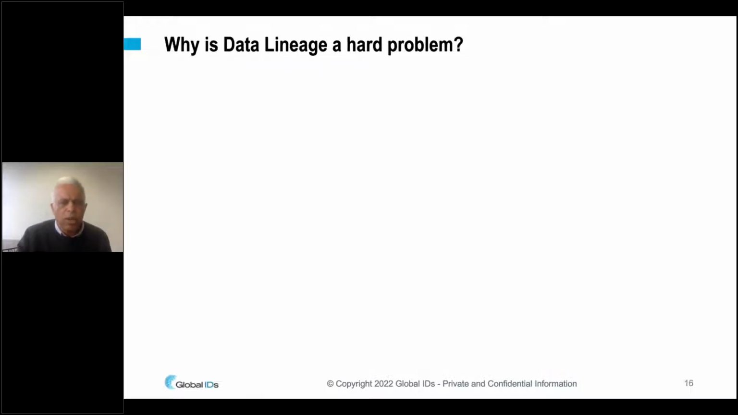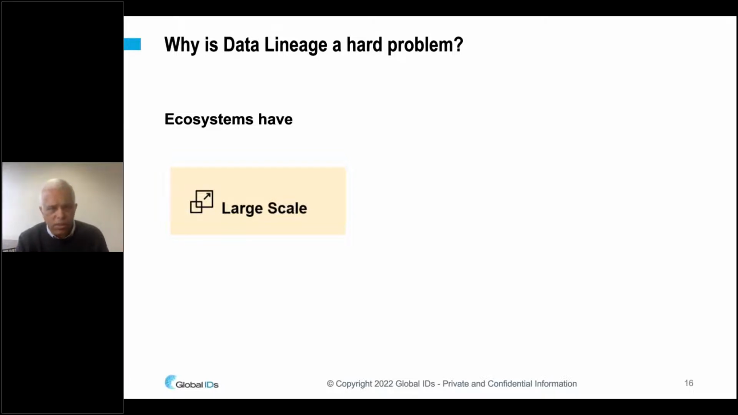So moving on, we've been working on this for about 6-7 years, and it's considered a pretty hard problem. The reason why it's hard is because ecosystems are operating at a large scale. Many of the banks we work with have thousands of applications and hundreds of thousands of databases. Data from any database could be moving to any other database, so you're dealing with an n-square problem where n is 100,000 databases. It's massively large, massively complex, and therefore hard to solve